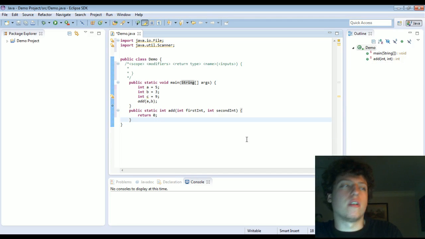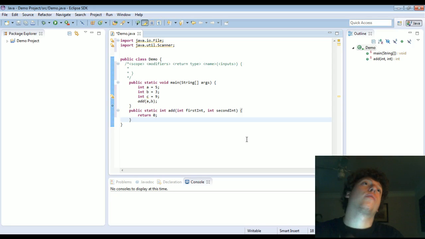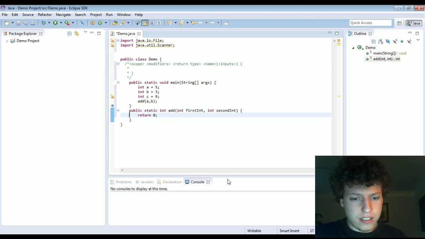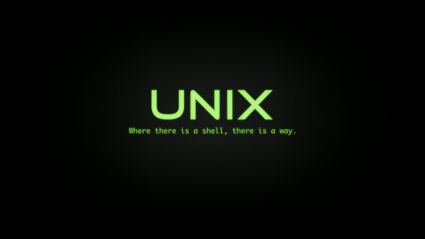You don't need overloading. There's nothing you can do with overloading that you can't do without it, but it's just good. It helps structure your code in a way that makes sense and is legible. But I really, hold on, I'm going to go find more interesting examples of using methods. Let me pull up,